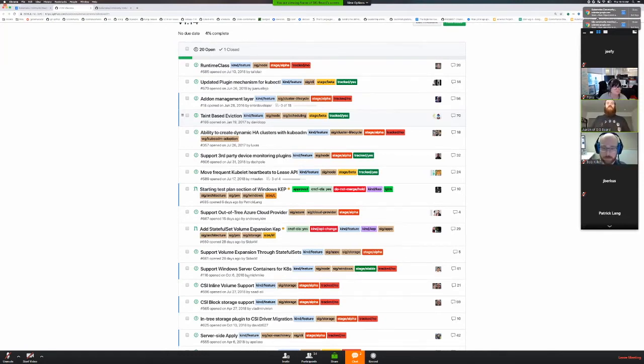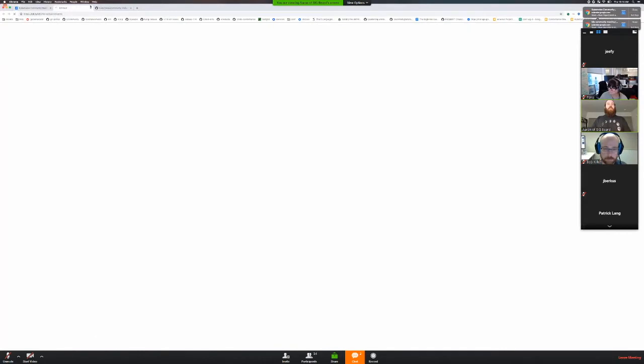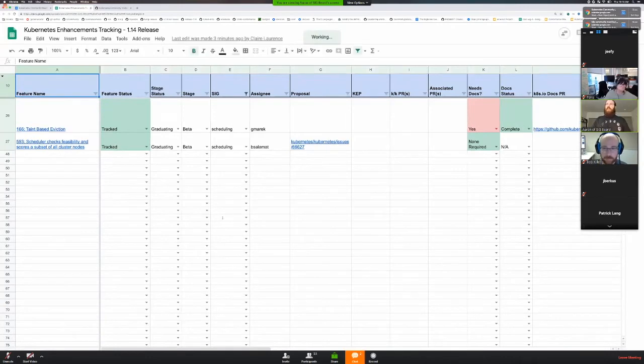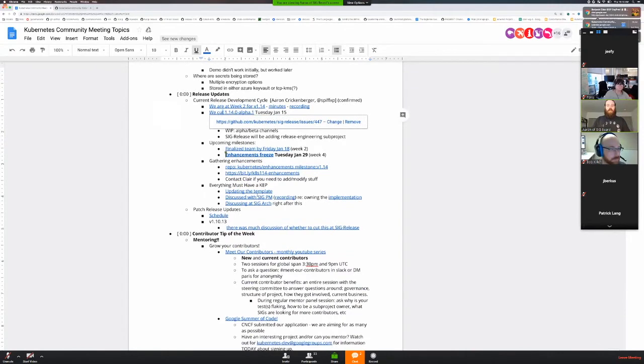We also have an enhancements tracking spreadsheet for this, if you'd like to take a look at it. All of these are linked off of the release schedule that was linked in the meeting notes and is in the SIG Release repo. Let's see here. Just on the subject of everything must have a KEP, if you're confused or have questions, please feel free to reach out to me. Based on the feedback I have gotten,